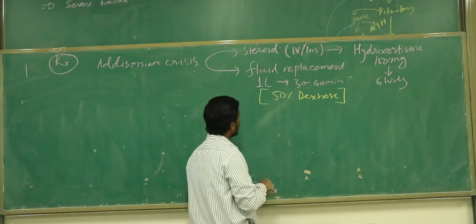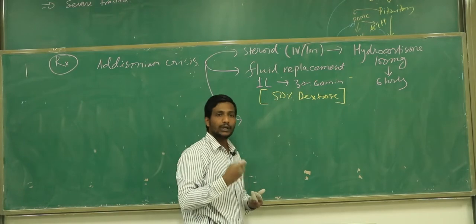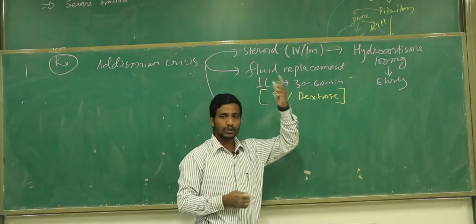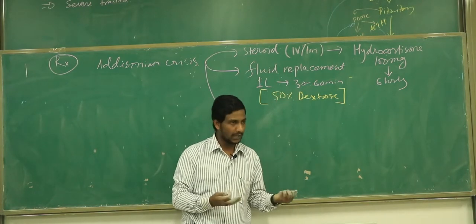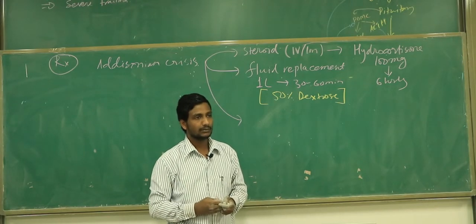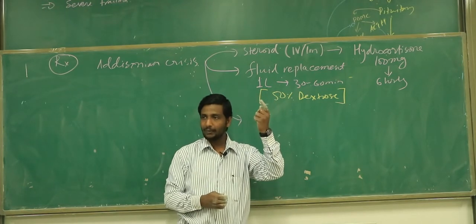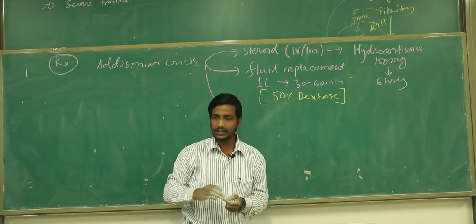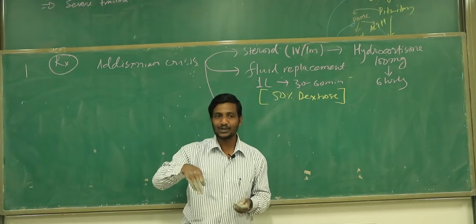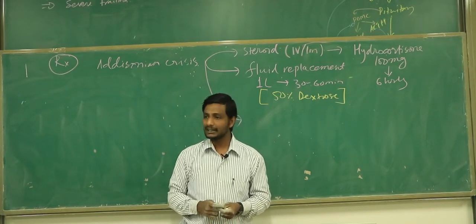Another very important aspect of the treatment of the adrenal crisis is that we manage all kinds of electrolyte imbalance. If the patient is having a high amount of sodium, treat the sodium. If the patient is having a very low amount of potassium, then treat the hypokalemia. Isn't it? Because the patient of Addison disease is going to have hypernatremia, and hypokalemia, isn't it? So, Addison is going to have hypernatremia or hyponatremia? Hyponatremia, not hypernatremia, don't sleep. And then the patient is going to have hyperkalemia, right?